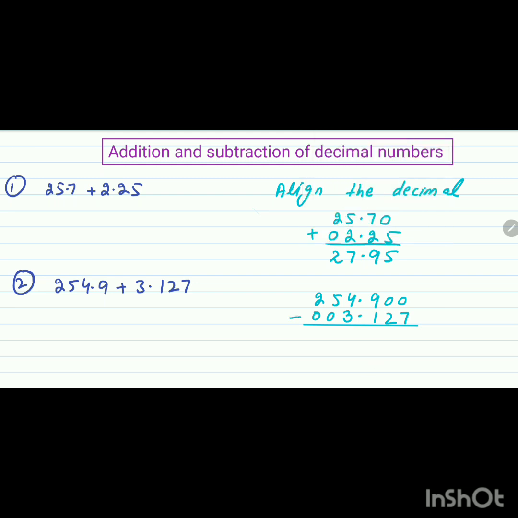Now you will solve it. Start from the right side and use the simple method of addition. 7 plus 0 is 7, 2 plus 0 is 2, 9 plus 0 is 9... 4 and 1... so 1 will go with 4 and 0 here. Decimal under decimal, 4 plus 1 and 3 will become 8. 5 plus 0 is 5 and 2 plus 0 is 2. 258.027 is the final answer of this question.